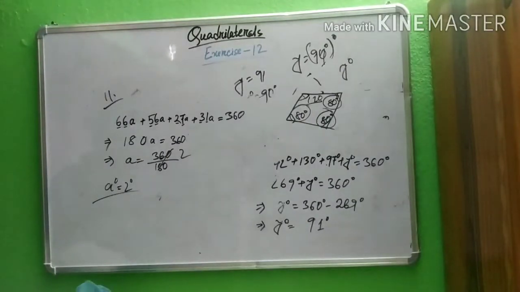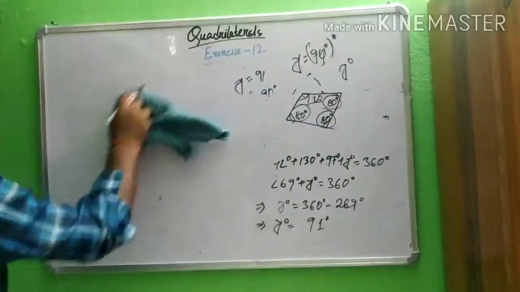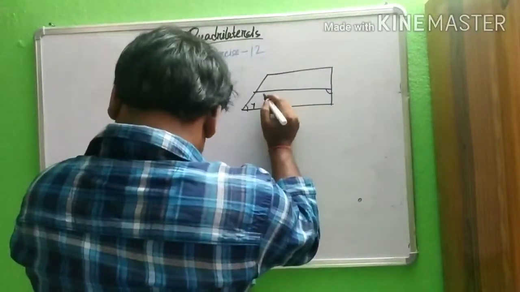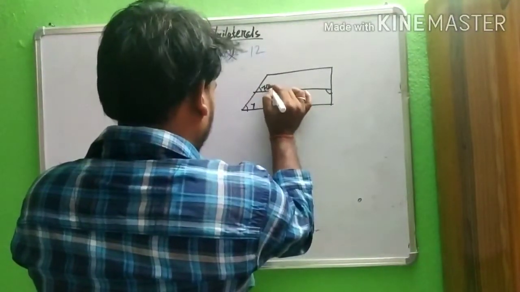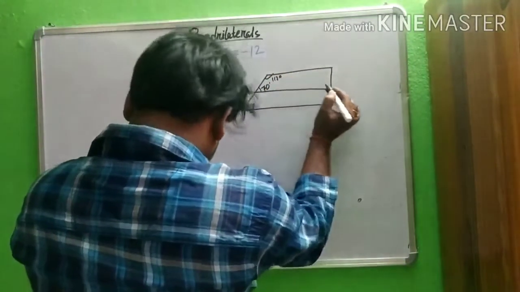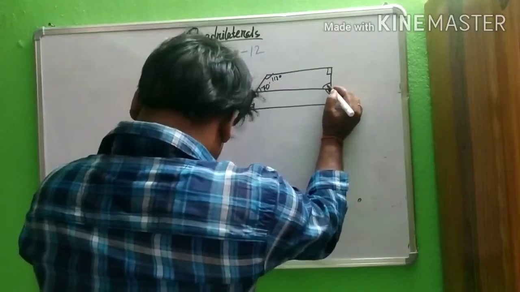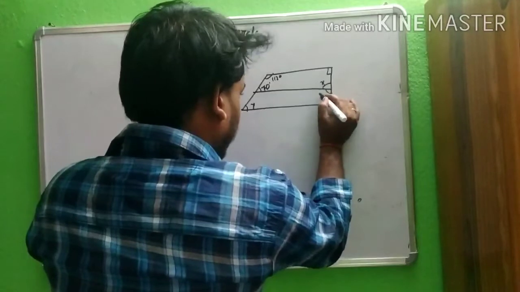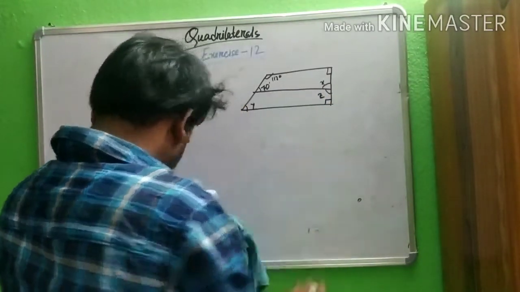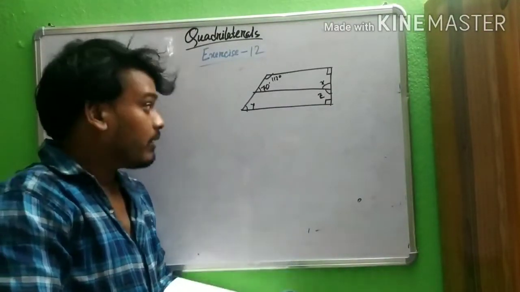Everything, question 12 is also very easy. I will tell how to solve question 12, I will only give the hint. Y, 70, 112, 90, X, Z, 90. So find the value of X, Y and Z.